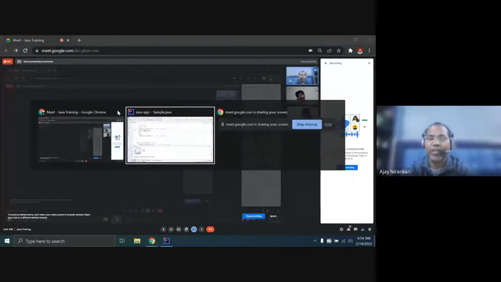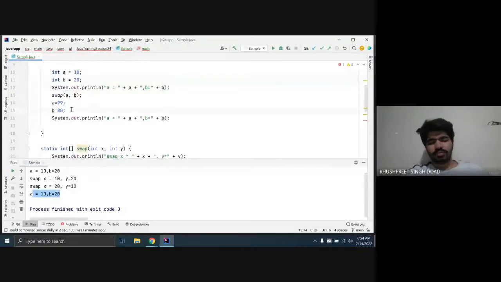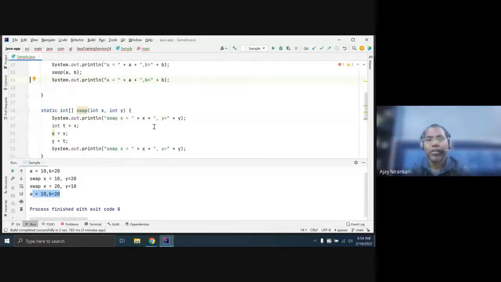Until you are not reassigning the value, it will not change. Sir, when we call the method swap with A and B, it is changing its position. Where is it changing? In its own method. So I just explained, this is the x and y, the local values of the method. I will explain again.